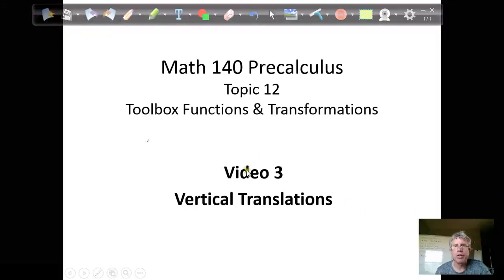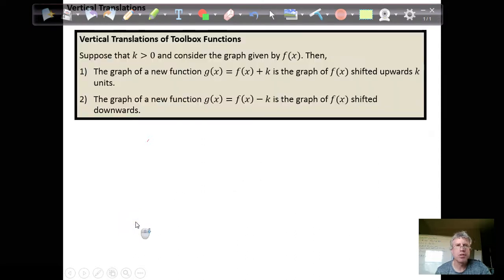So in this video we're going to look at vertical translations of toolbox functions. The main idea here is that if we have a real number k that's greater than 0, a non-negative real number, and we have a toolbox function given by f, and we create a new function g from f by adding k to it, the graph of g will just be the graph of f shifted up